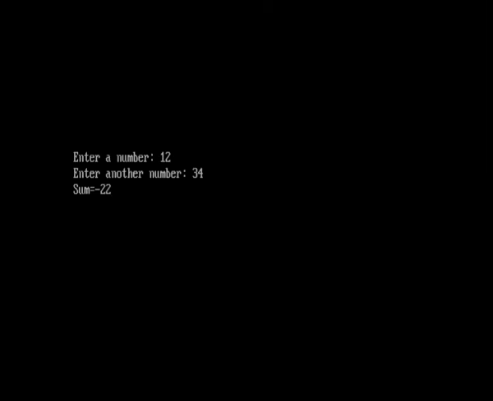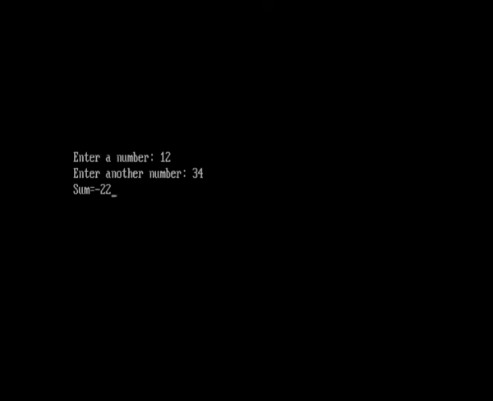Now, this is another point of common mistake which the students get. When they see that the program is running and it is giving the output, they assume that the program is correct. But here it is giving sum equal to minus 22. My program is not correct. My output is not calculated properly. So, what we should do is, whenever we get the output from a program, we must always verify whether the output is correct as we expected.